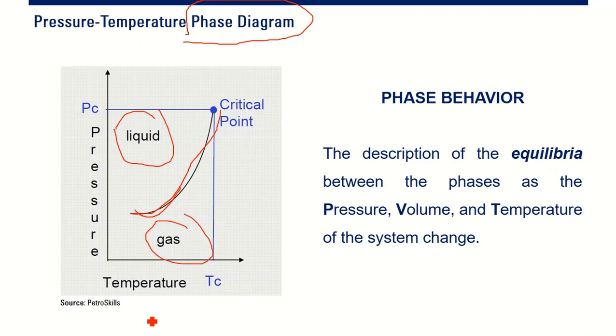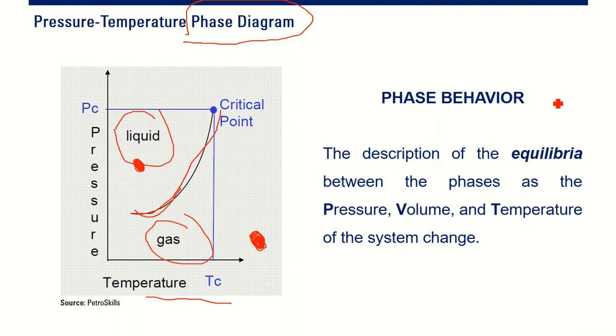So for example, if you have high temperature and low pressure, for example here, tekanannya rendah, temperaturnya tinggi, your sample here, then we are in the gaseous phase. Maka dia akan berfasa gas. But if you have low temperature and the pressure is quite high, you will be here, then you will have liquid form, liquid phase.